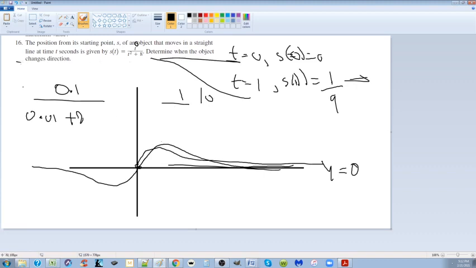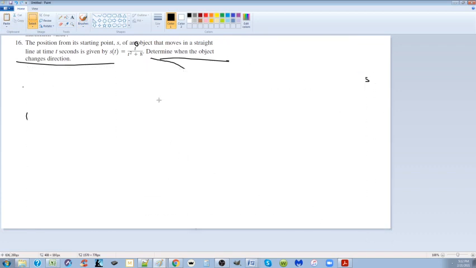They say determine when the object changes direction. So they care about this. When's the peak? And when's it going to change directions? And that's an important question for the future. So that means we're going to do the same thing. We're going to set f of x there, and we're going to make this equal to g of x. And we're going to figure out that 2t is the g prime, and we're going to figure out that 1 is the f prime. We're going to know right away that it's f prime times g of x,